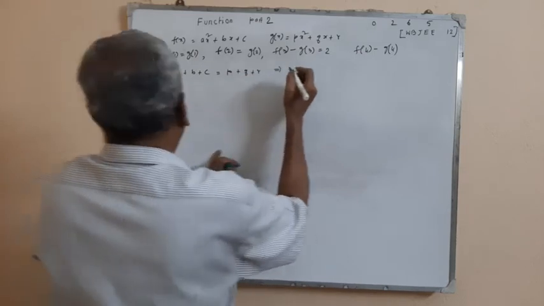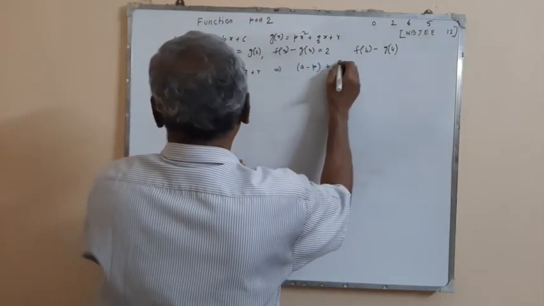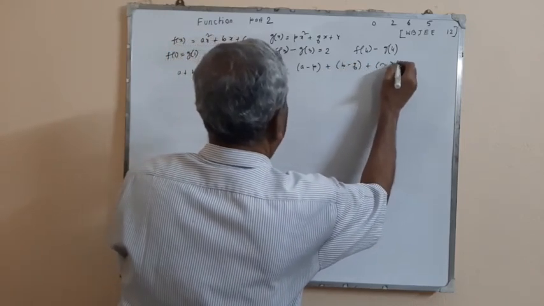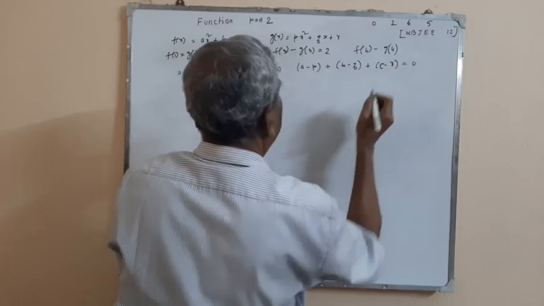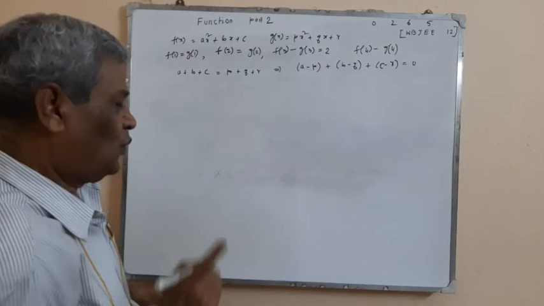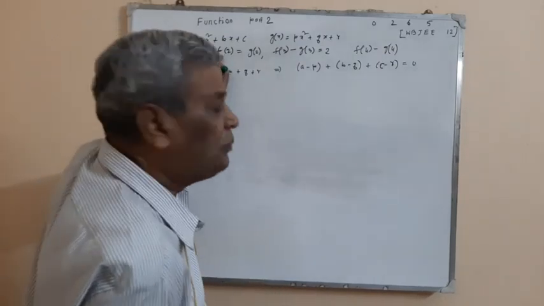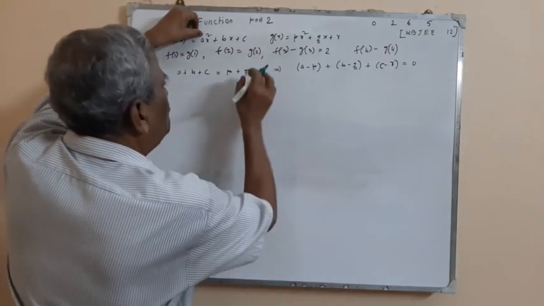From there we get (a - p) + (b - q) + (c - r) = 0. This is the first equation. From the information that f(2) is equal to g(2), I put x equal to 2 over here